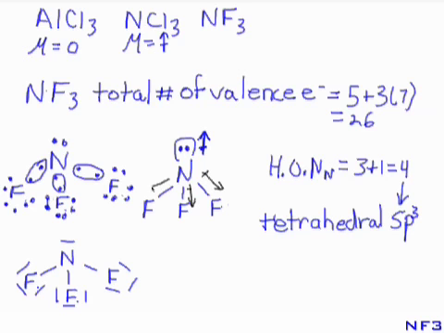Now, if you've got 3 dipoles pointing out and away in a tripod triangular base in a tetrahedral shape, when you add these 3 vectors together, you end up with a small dipole down. The lone pair electron dipole is pointing up. So when you add the black dipole and the blue dipole together, you're going to get a mu,